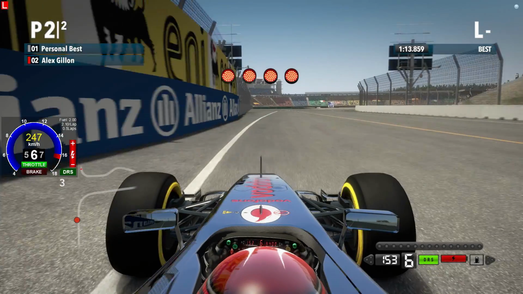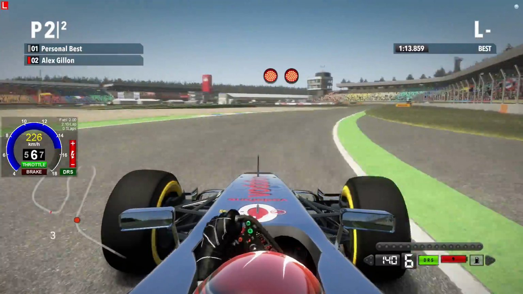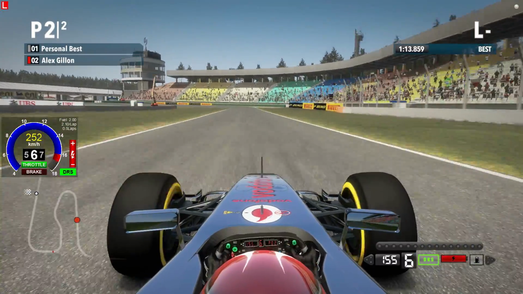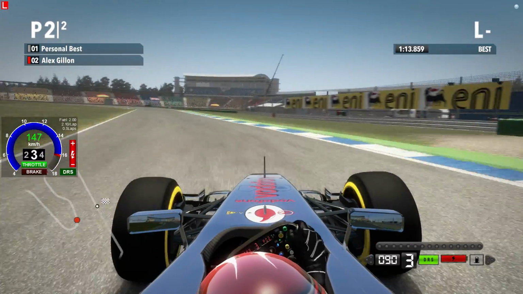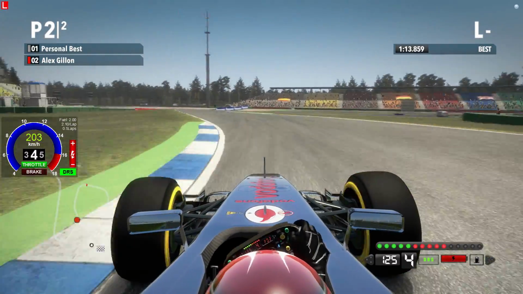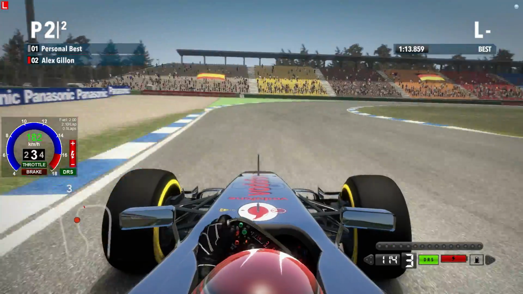So I'm going to do a hot lap around Hockenheim, and I'm driving in time trial mode. So as you can see on the left hand side there, we've got a nice bit of information. So you get the throttle usage, brake usage, revs, KERS, which is a more accurate diagram than the bottom right, and the DRS is on or off, but